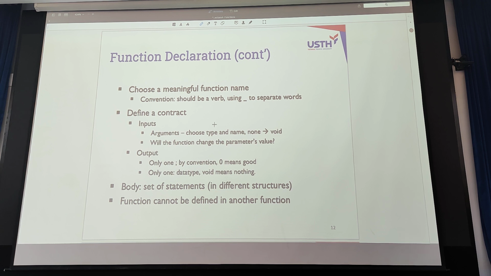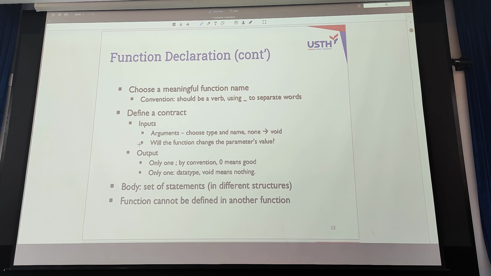Now again, if you want to compute the average GPA, please name the function something related to average GPA. Don't name it some name like Hương or Minh or whatever function name like this. It doesn't reflect the content of the function. So by convention, please choose a verb that reflects the meaning of the function.